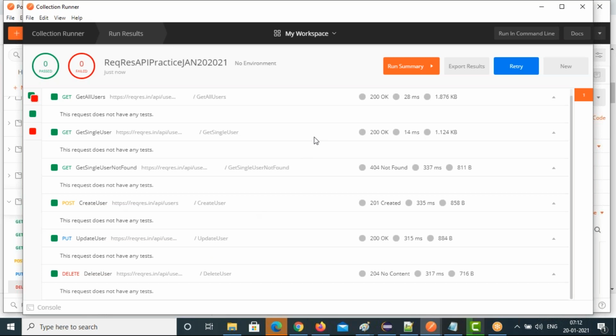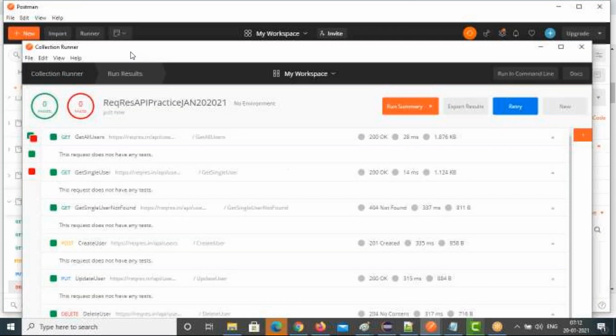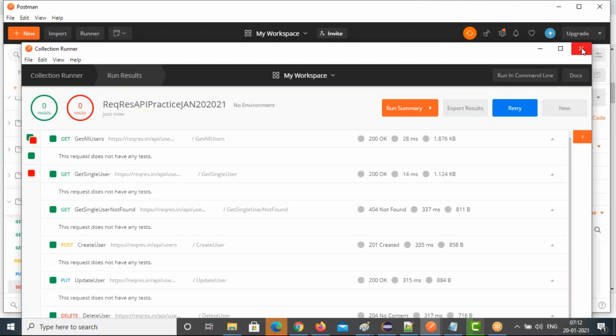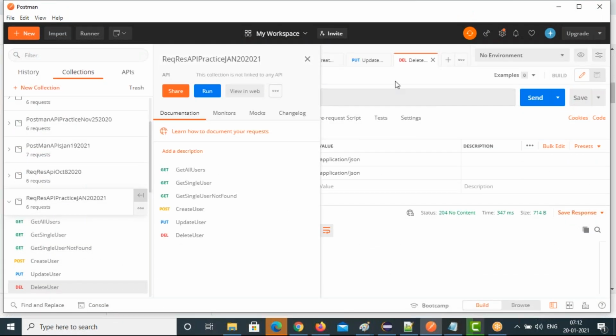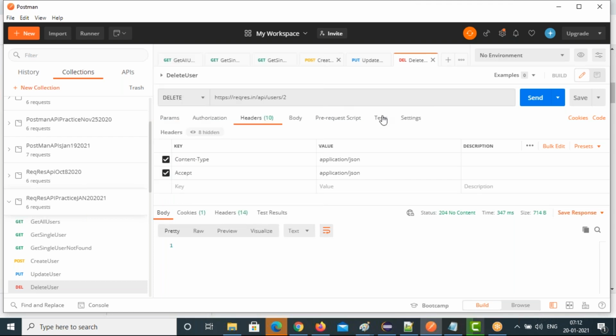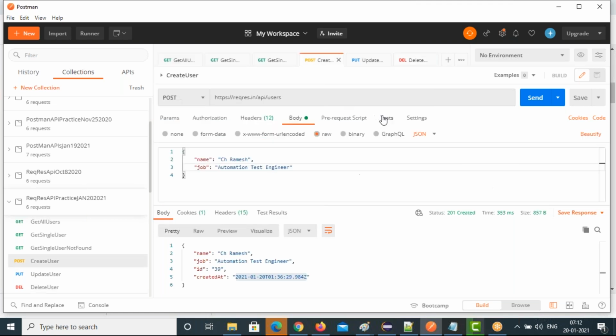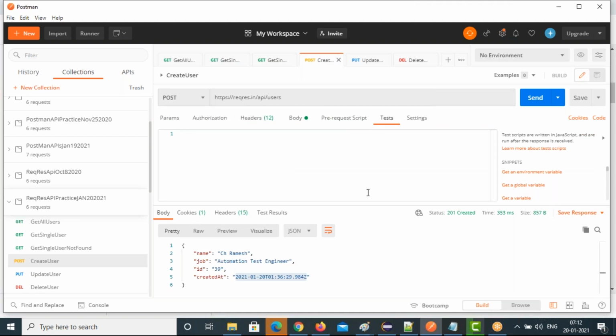We need to get some data, right? Let me show you why it is zero. Because we didn't add any test cases here. Here you can see there is a test tab. Quickly we'll finish this also: how to validate your test cases. Basically, we need to validate the status code, right?